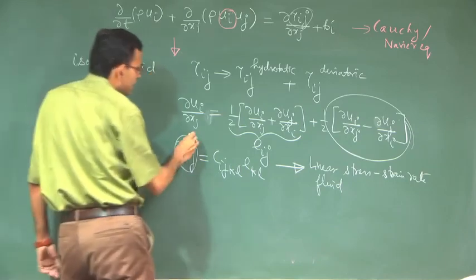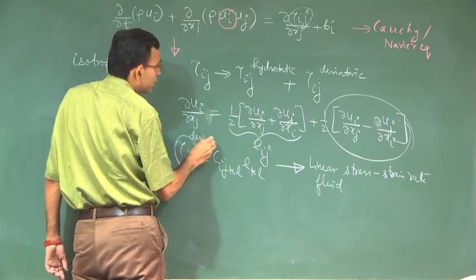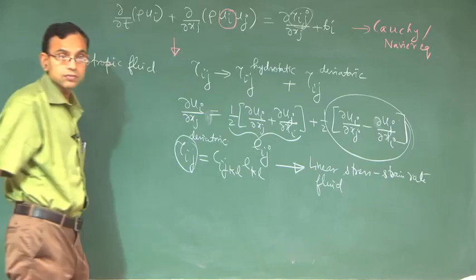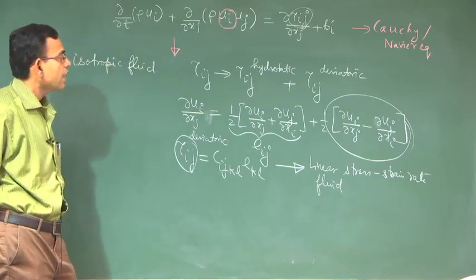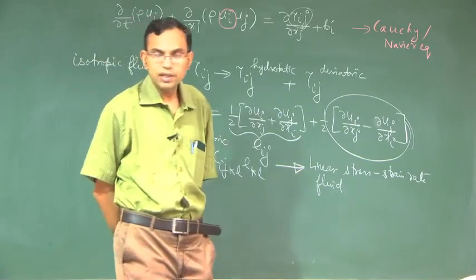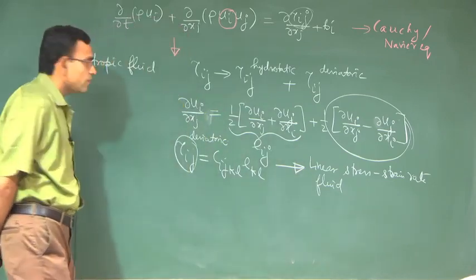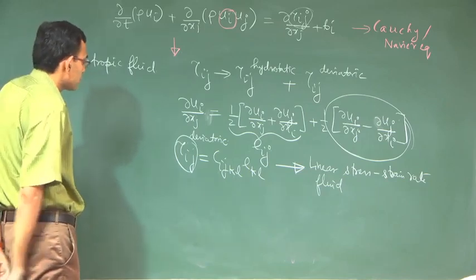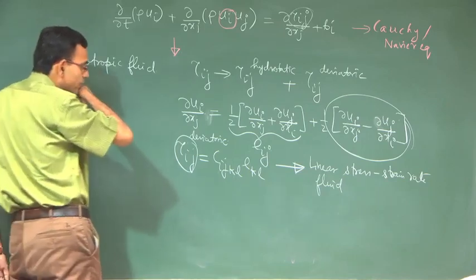Remember, this is tau ij deviatoric, this is not the total tau ij. Okay. Hydrostatic we will show separately how to write the hydrostatic stress. So, for isotropic fluid, you will have